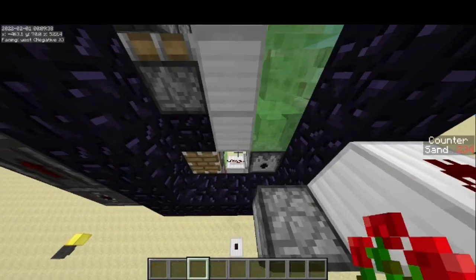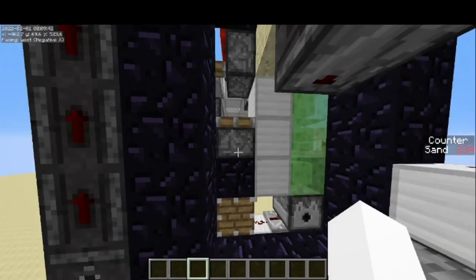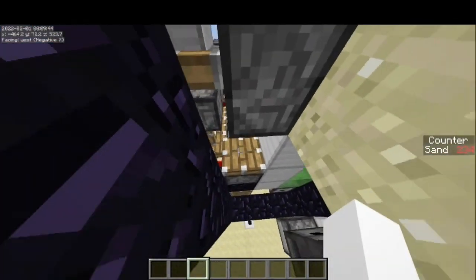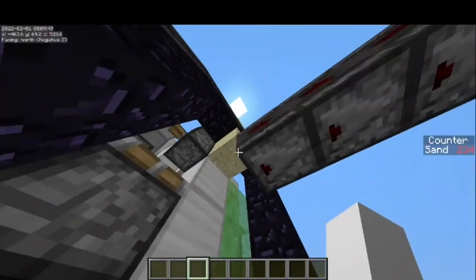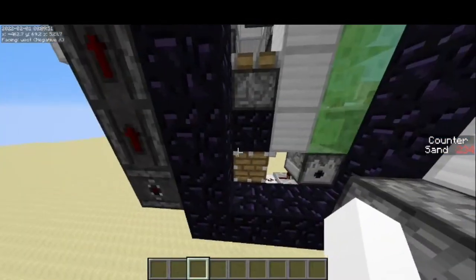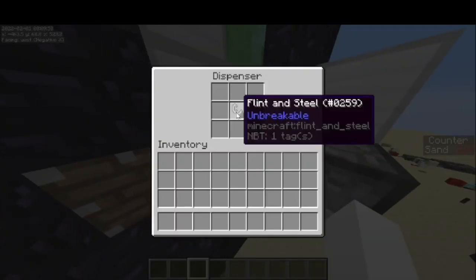And then if we got a falling block swap, one thing we need to do is relight the portal at the end. So we just break the Nether portal, which gets placed here by a block update. And then we use this dispenser over here to relight the portal, to make sure that the Nether portal entity survives. And if we did not get a falling block swap, then we still relight the portal, and